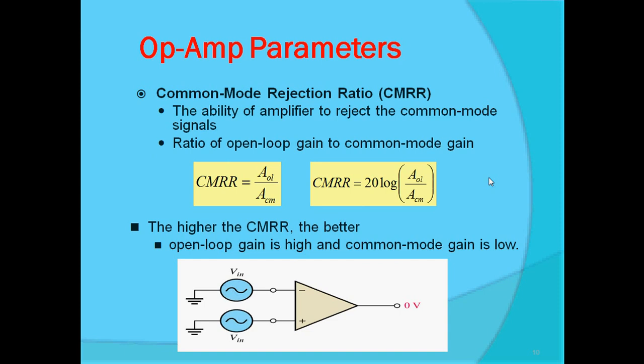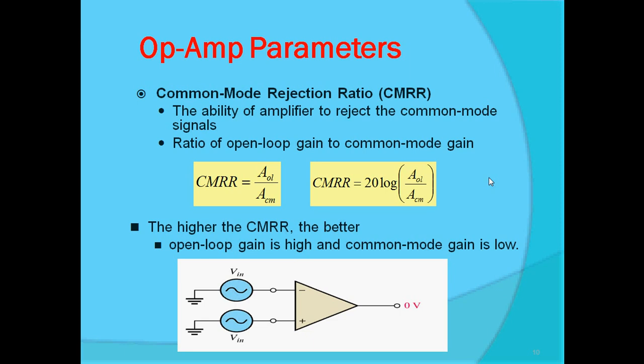Now we will see the parameters of op amp. As we know, there are different input modes: single-ended input, where only one input terminal has input voltage and the other is connected to ground; then differential input mode, where we apply different input voltages on both input terminals. Common input mode is when we apply the same voltage, in phase, frequency and amplitude, to both the input terminals.